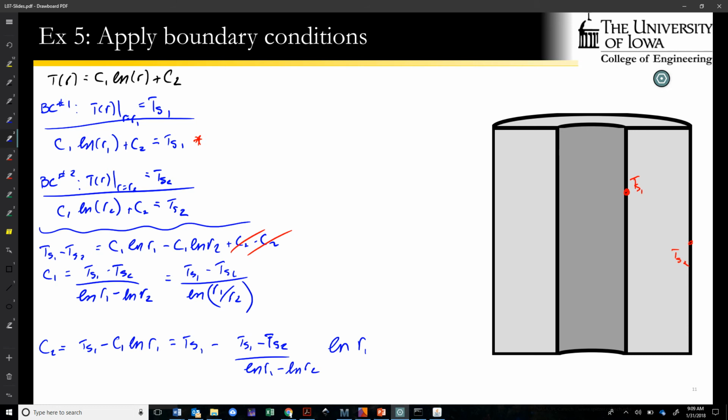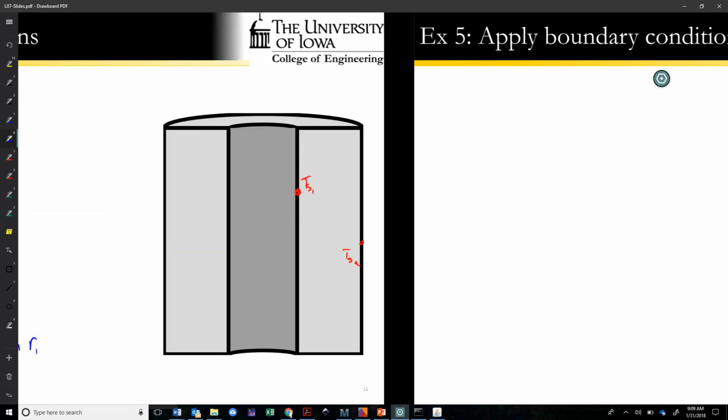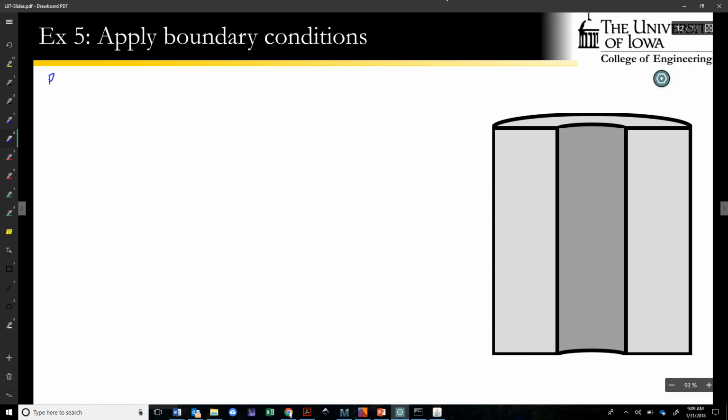But if we plug C1 and C2 into our general solution, what we're going to end up with is T equal to TS1 minus TS2 over ln of R1 minus ln of R2 times ln of R plus